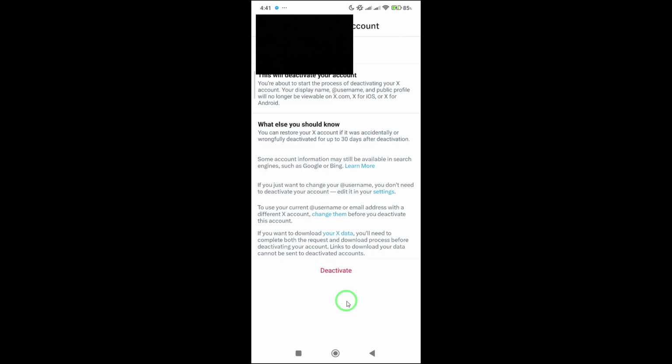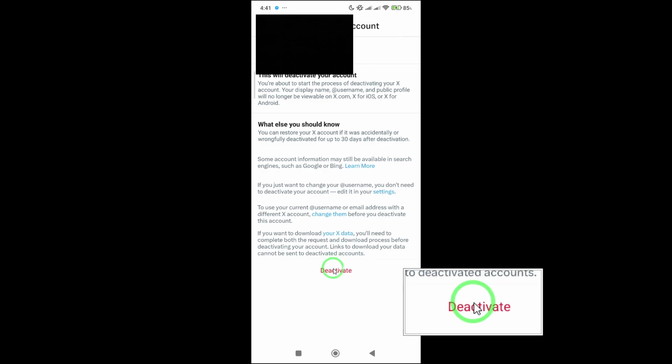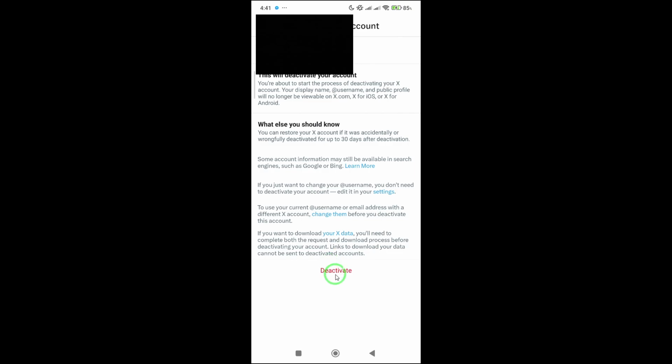It's important to know that deactivation is the step before permanent deletion. If you change your mind within a set period of time, you can log back into your account to restore it. However, if you don't log back in, your data and account will be permanently deleted after the deactivation window